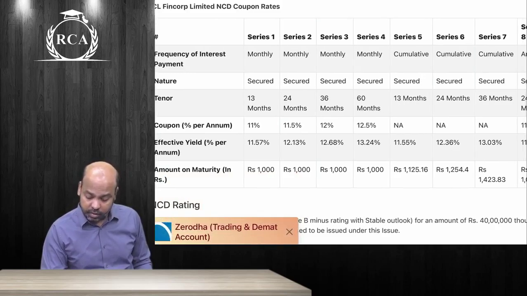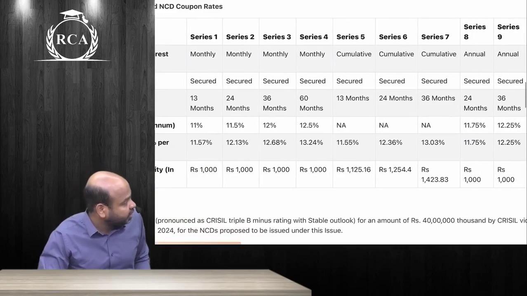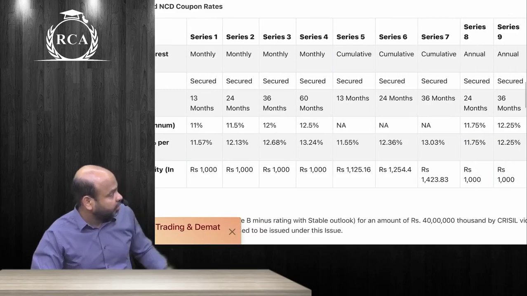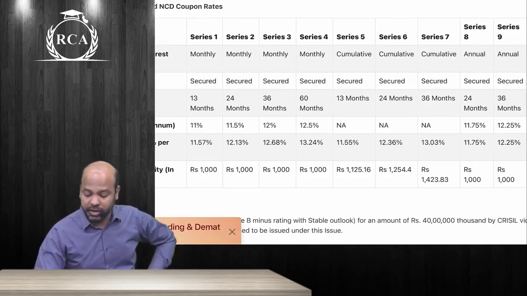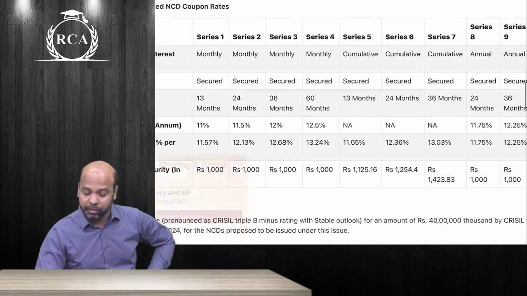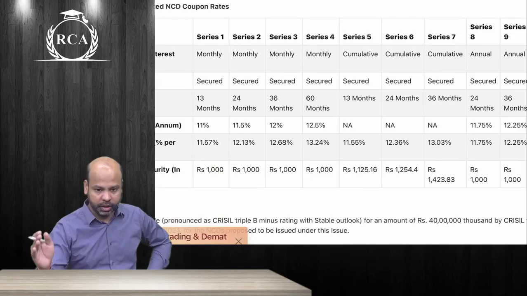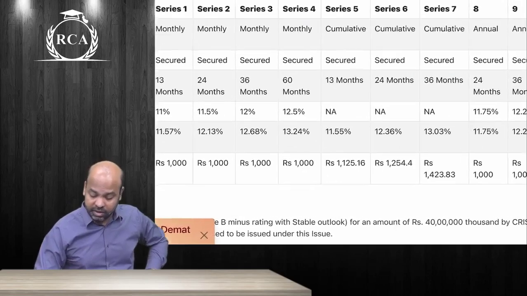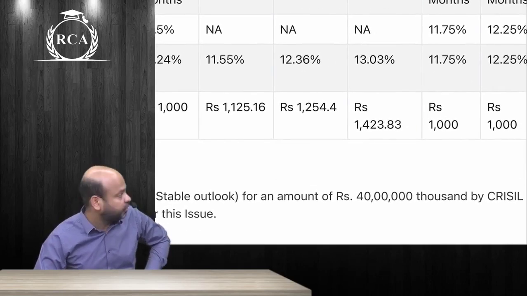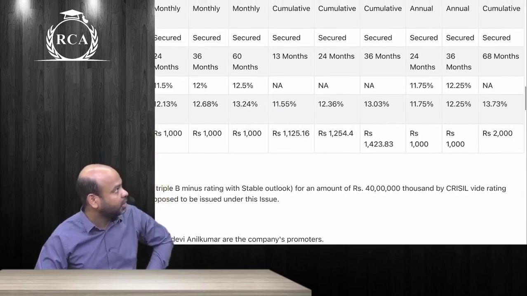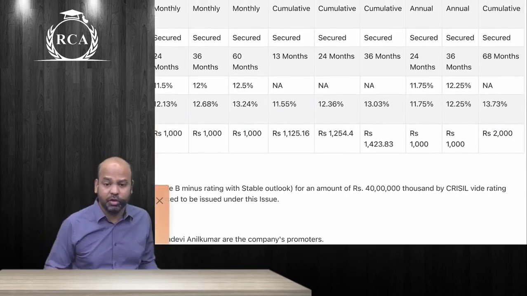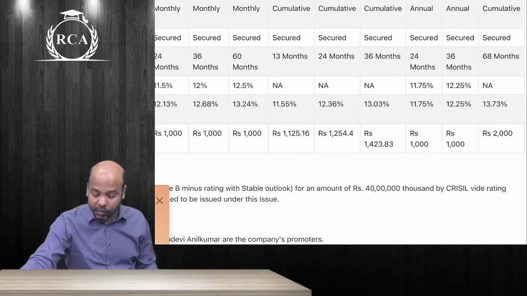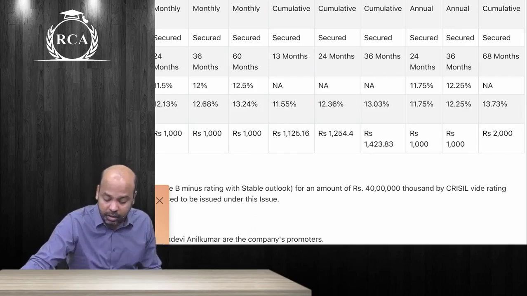One second. Yes. If I take an example of series 7, guys, can you see series 7? Do you see series 7 there, guys? So is it cumulative or is there any income being paid? Cumulative. If it is cumulative, as such guys, the accumulated balance is 1423. That is more than 13.303%, beta, because they are compounding it every year. How will they get that 1423.83?